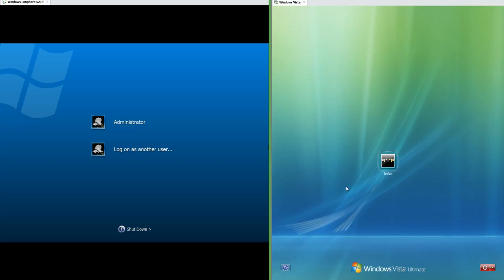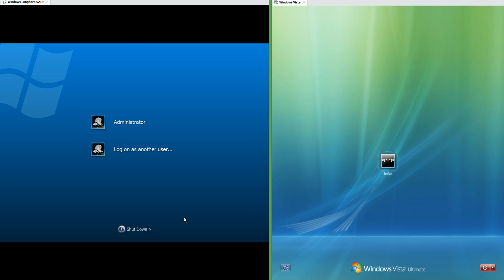Let's compare the login screen. In Vista Beta the background is a blue gradient with a Windows logo in the top left. In Vista Artium the background is a blue and green pattern with some lines. In Vista Beta it has a shutdown button in the bottom center with an arrow next to it that brings up a list of options and clicking the main part of the button shuts down.